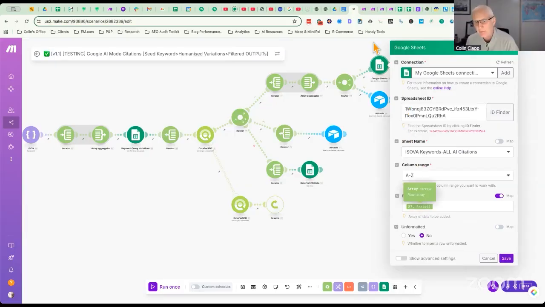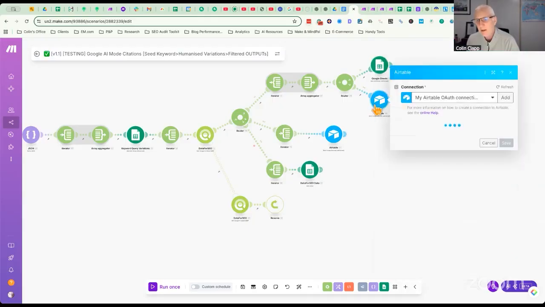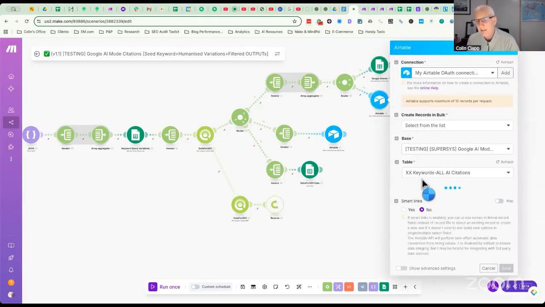So this one picks up the array, okay, but Airtable picks up all the fields. So that means